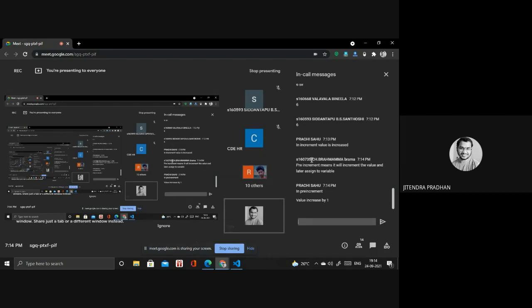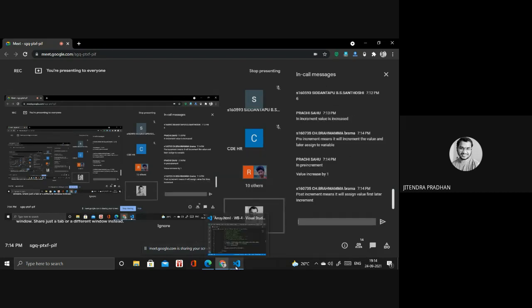Okay. So I will test: post-increment means it will assign the value, later it will increment or decrement. Okay. Anyone have any idea? Prachi ma'am, any idea about post-increment?